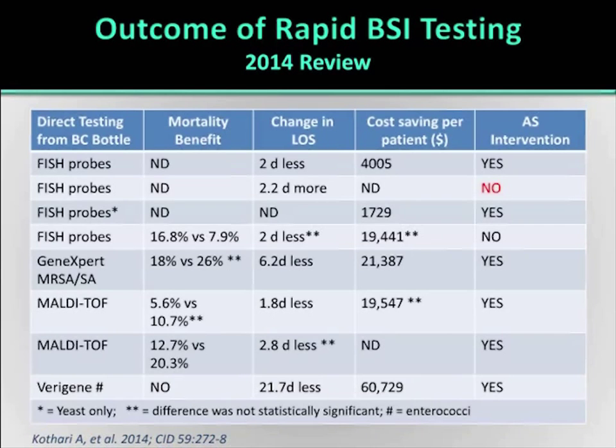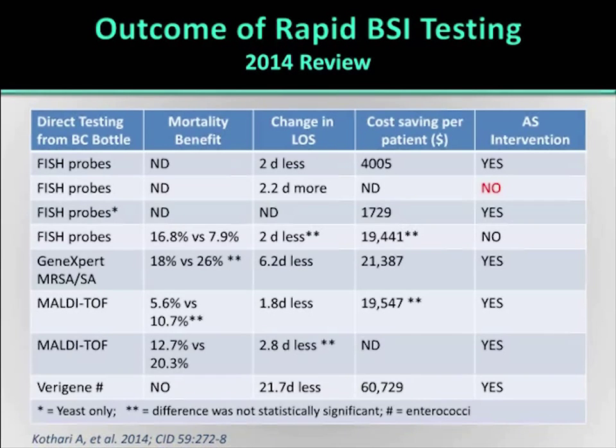GeneXpert MRSA versus Staph aureus, an antimicrobial intervention done. In many of these studies, the ID pharmacist helped out. And I'd like to put a plug in for that, because I think if you can work with your ID pharmacist to help you make some of these phone calls, make some of these interventions, they're going to have a lot more clout with regard to antibiotic changes. And so what you can see is a 6.2-day less length of stay in the hospital, $21,000 savings to the